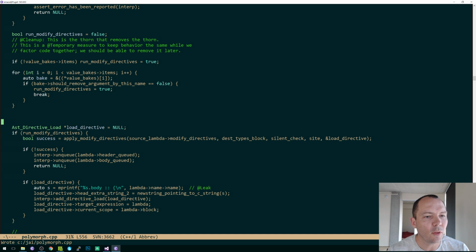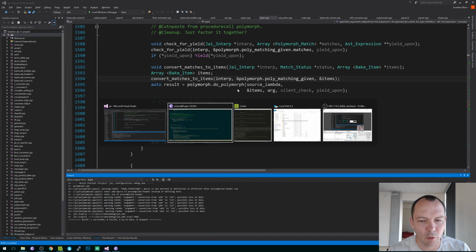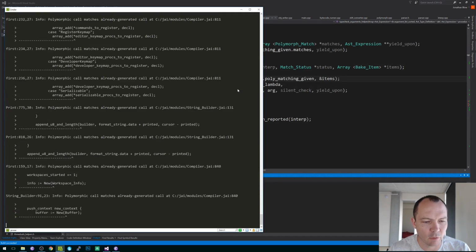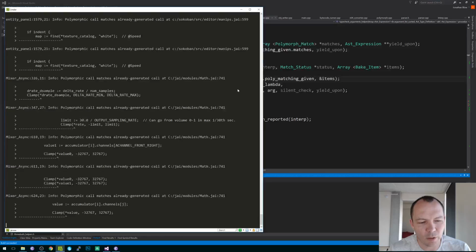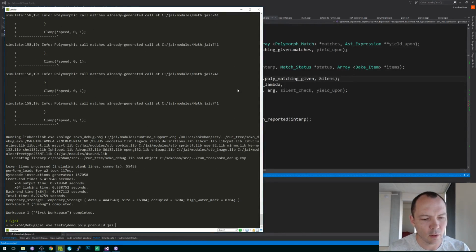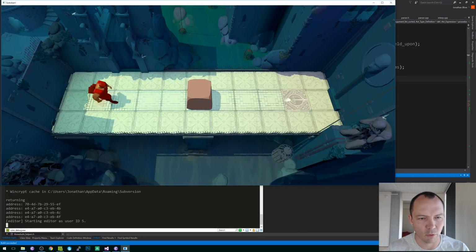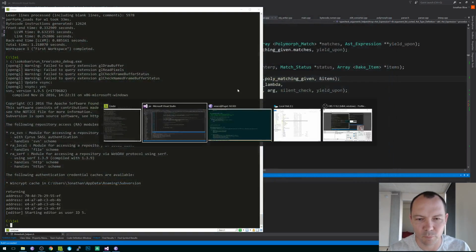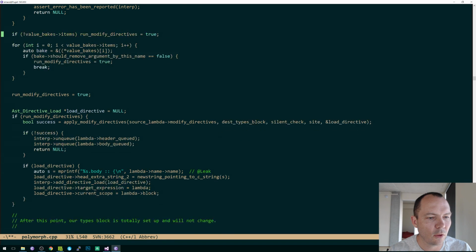Maybe we just always say run modify directives equals true. Maybe that's the new rule, if we ever want to not run modify directives. Yeah, you know what? Maybe writing all that code didn't matter. I was doing it as a precautionary thing, but it certainly looks like nobody cares. Okay, well, that's fine. So you know what that means? This goes,